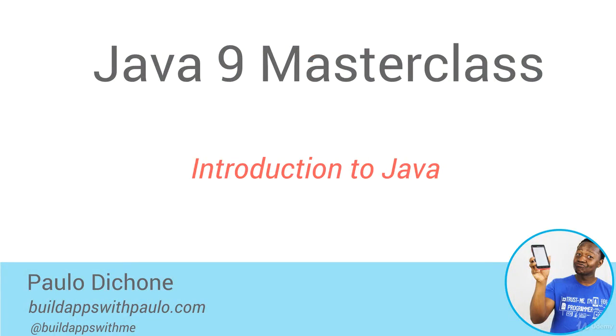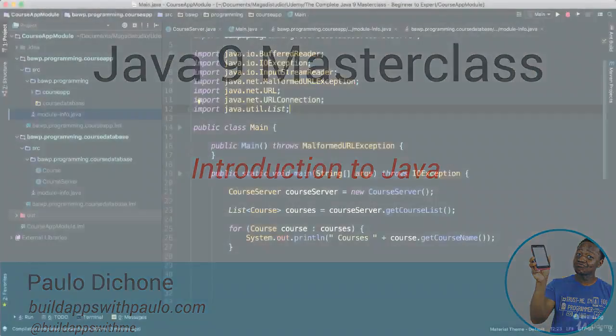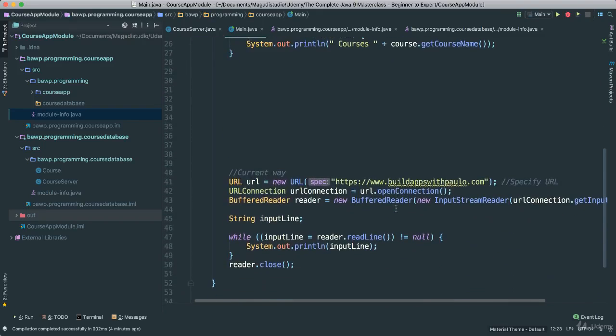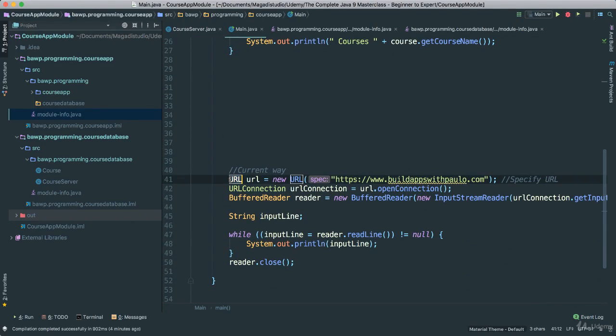Let's go ahead and look at the new ways in which we can create an HTTP client request, which is part of the new feature in Java 9. I went ahead and created the old, or current, way of doing this, where we create a URL object and pass it the URL specifying where we want to fetch information from. In this case, it's buildappswithpaulo.com, and then we create the URL connection and open it,